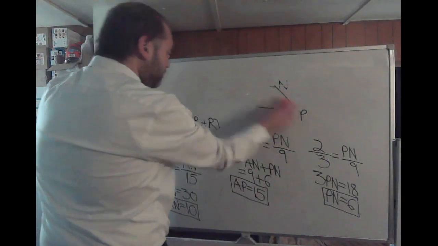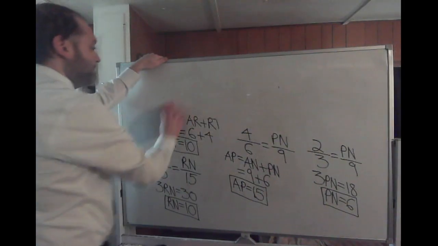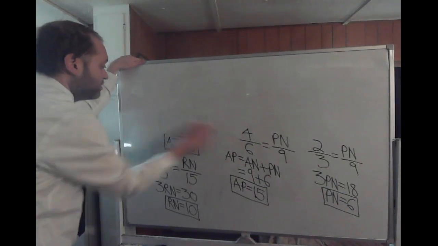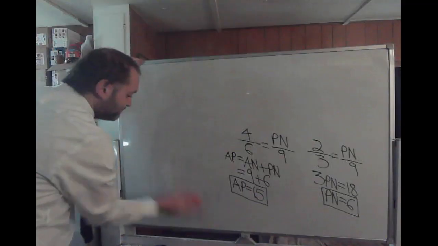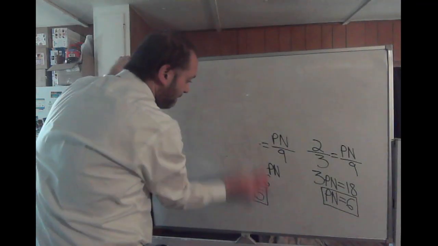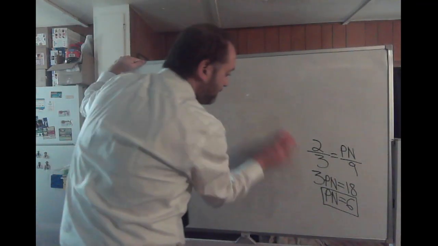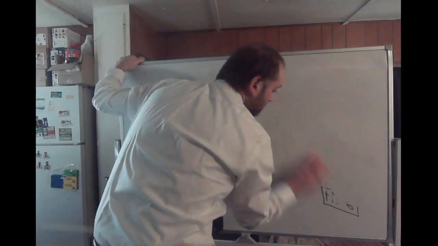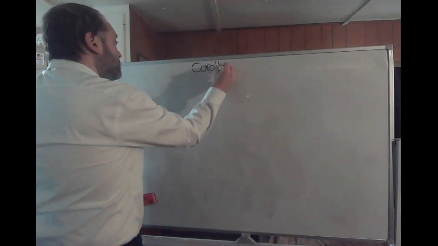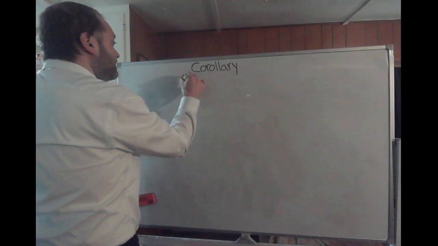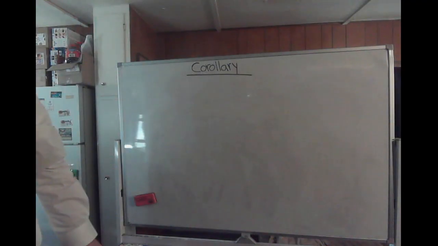So next I have a corollary and then a whole other theorem. But first there's a corollary to this theorem that has its own exercises. Alright, let's discuss what that corollary is going to say. So this is the corollary to the Triangle Proportionality Theorem. It states